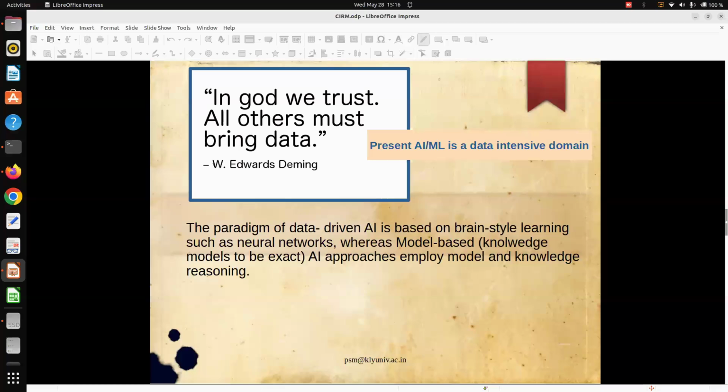Then comes the question, why this large language model? Because when you are talking about GPT, BART, Gemini or DeepSeek, these are all large language models. Large language models belong to the family of transformer models.